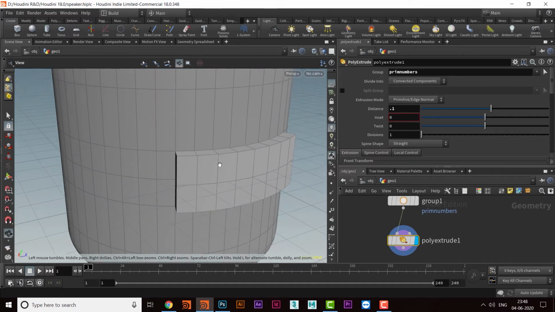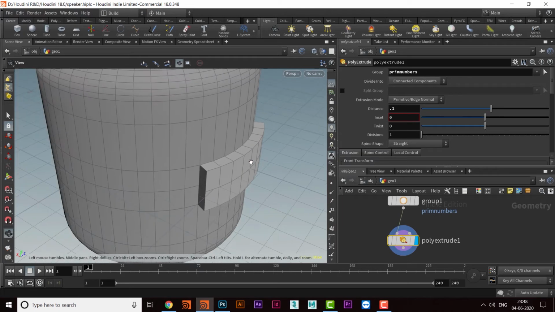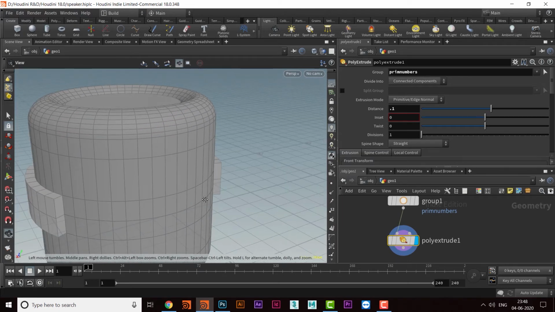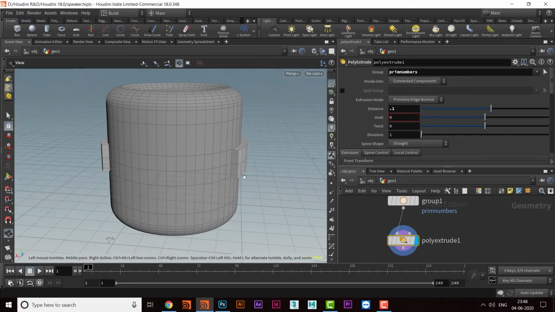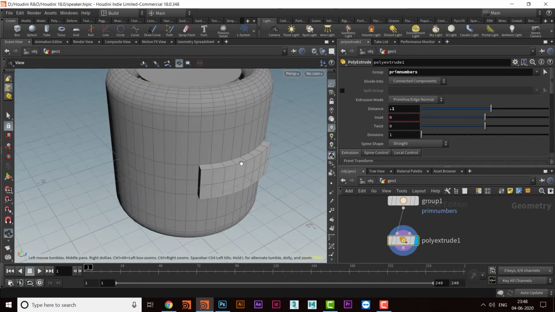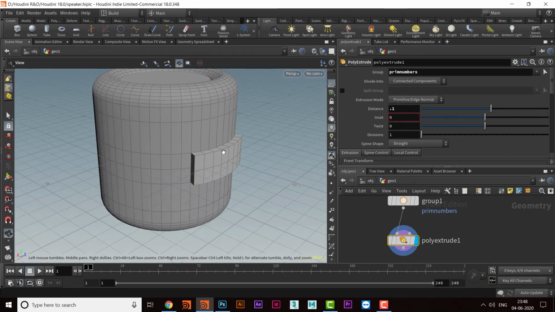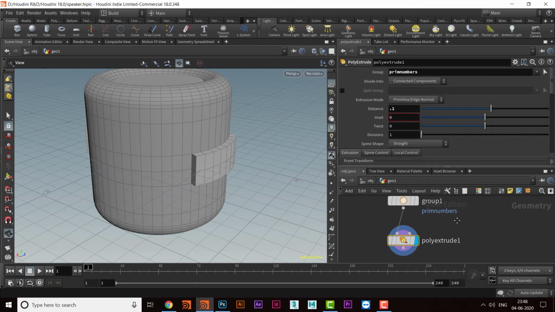So that is a very specific and fine kind of thing in Houdini. I really like grouping. That is the backbone of Houdini. So that is there, fine.